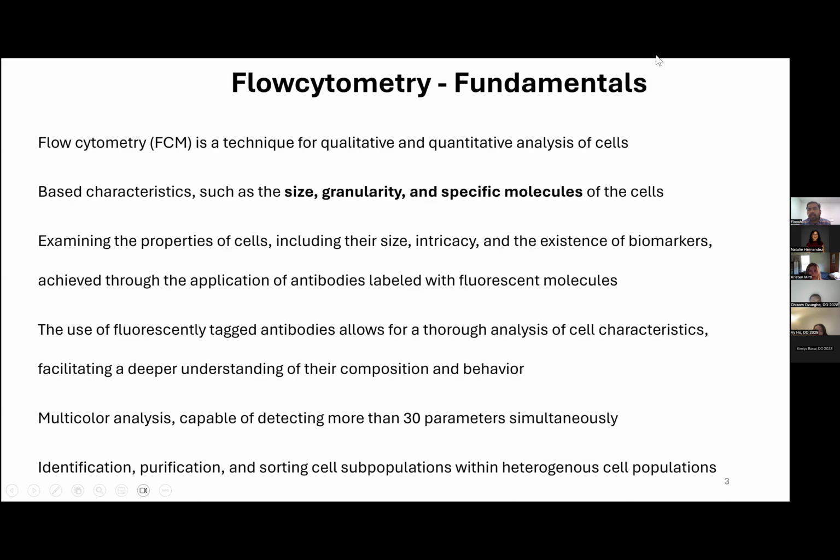We will discuss it in detail a little bit. And also, we should be able to identify or analyze the basic characteristics such as size, granularity, and the expression of a specific gene or protein in the cell. And also, we can use flow cytometry to check the expression level of biomarkers, and we can quantify the existence